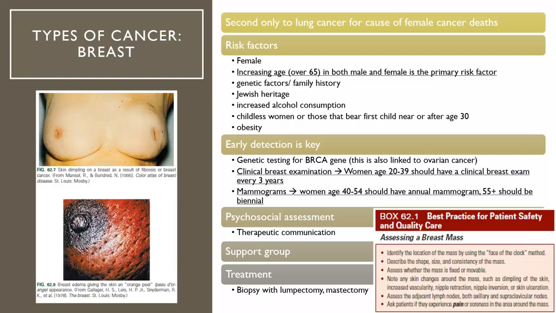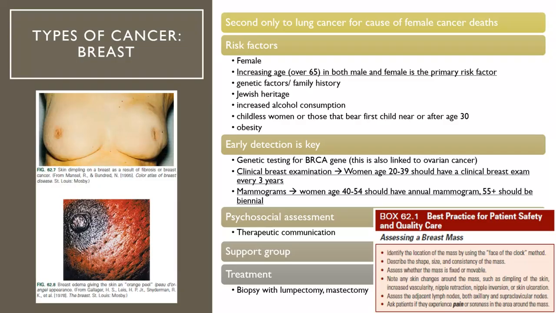If you know anyone in your family has the BRCA mutations, you need to go get checked, get your lab results done. Your book doesn't really talk about it, but I'd like to talk about it. Your BRCA gene going into mutation does not only put you at risk for breast cancer, it puts the patient at risk for ovarian cancer. And ovarian cancer is one of the most deadly cancers for women.